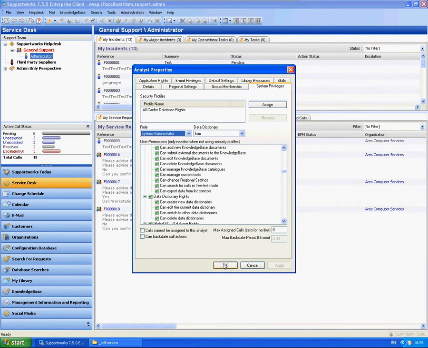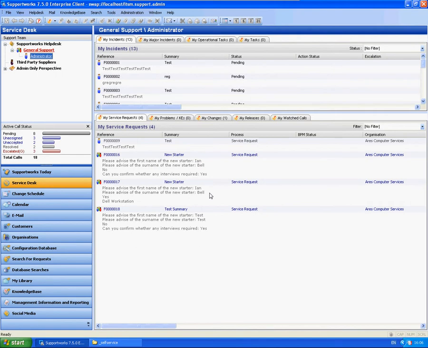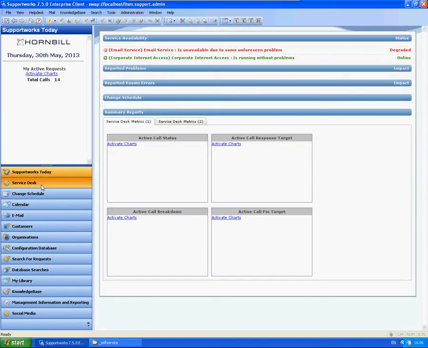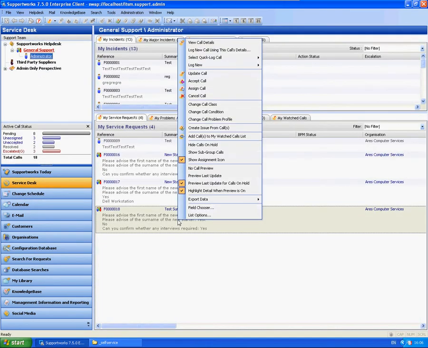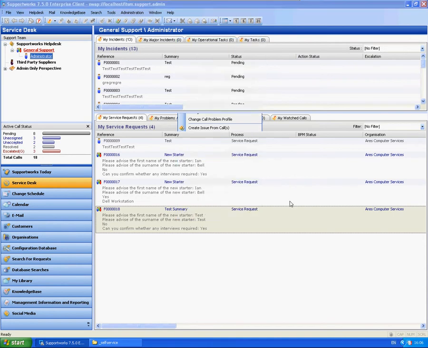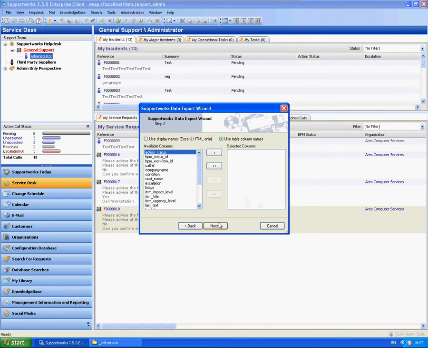So I'm just going to apply that there. Refresh. So now when I right click on calls here, you've got the option to actually export data. So it's come back up here. So you have the option to actually export all rows or just the actual selected row that you've got here. So when you do, so let's say all rows here, you'll have options of which particular fields you wish to